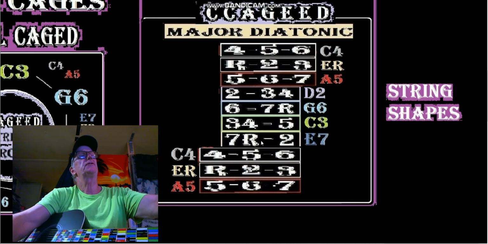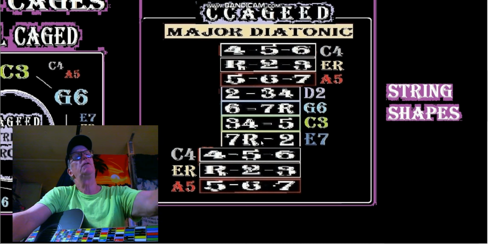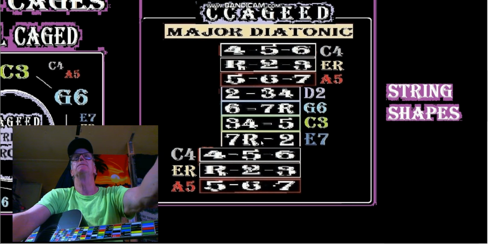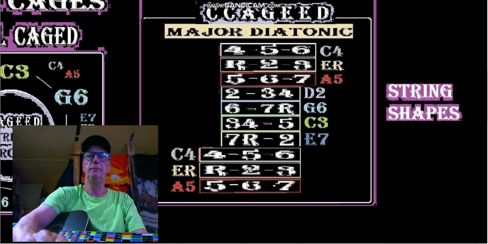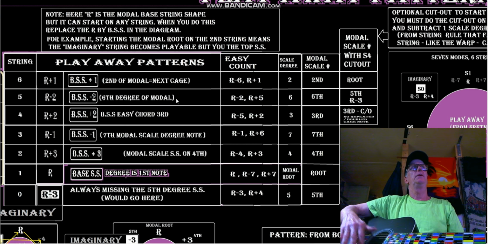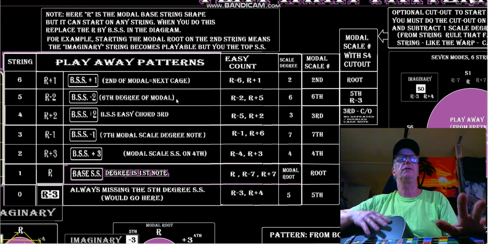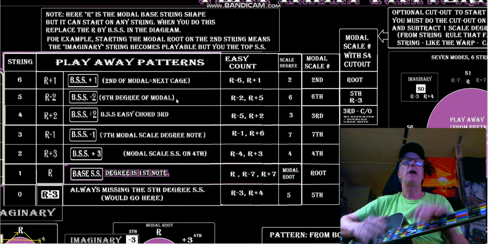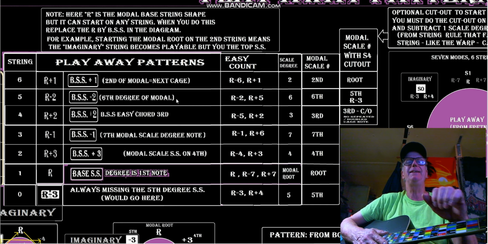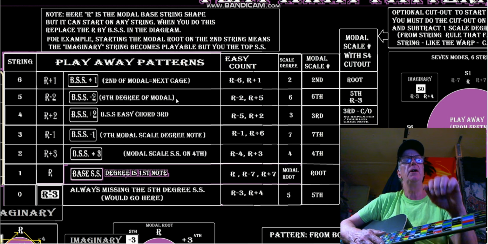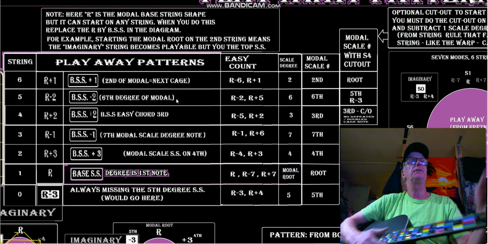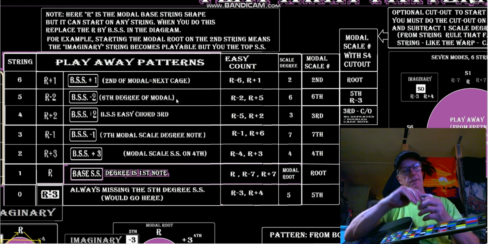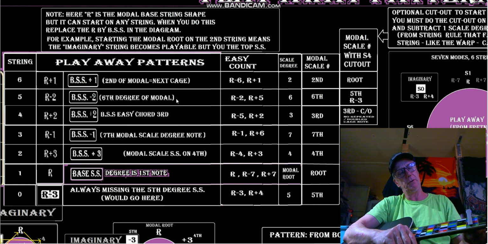So remember, a scale is root, 2, 3, 4, 5, 6, 7, root. Okay? Now let's look. So the gist of today's lesson is how to actually find an easy rule to play the cutouts. A very easy rule that we're going to follow. So when we do a cutout, let's say we have a capo here. The normal play away